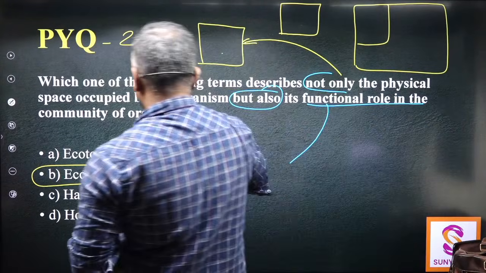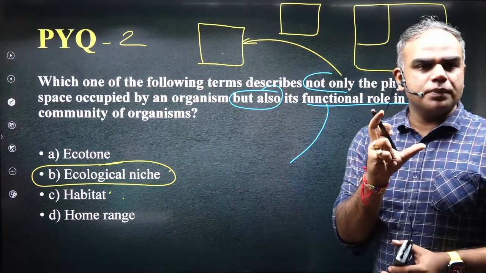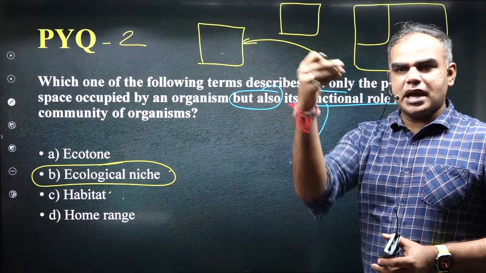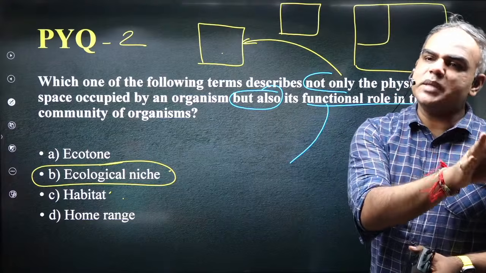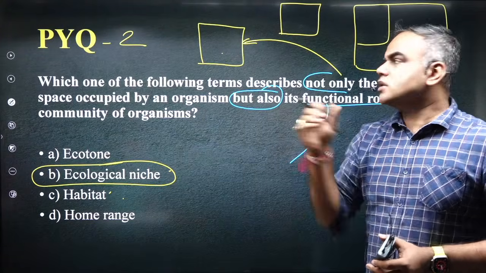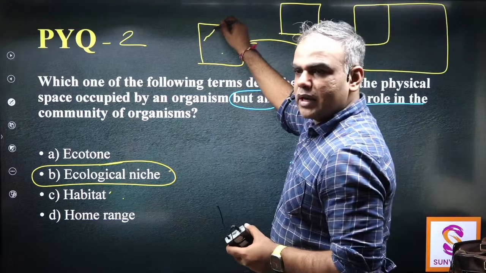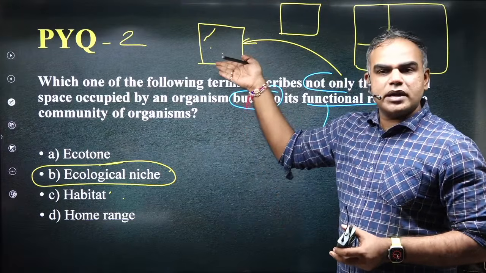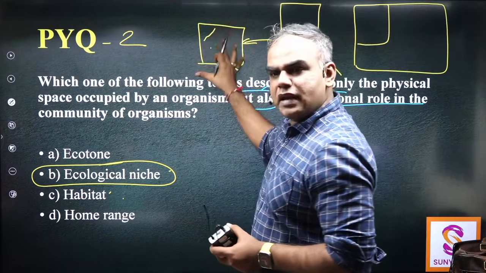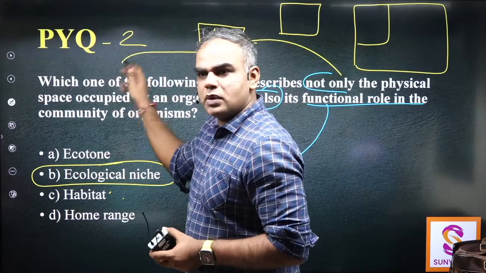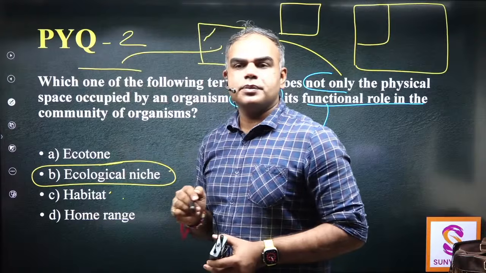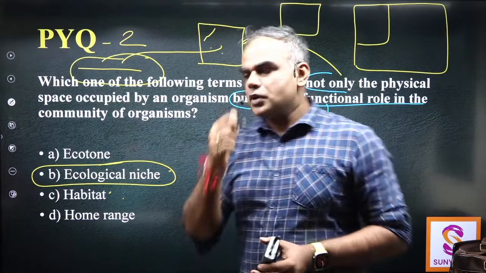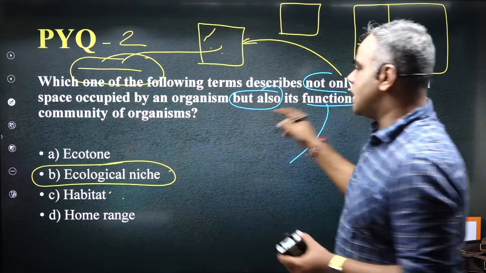So here, in the conventional sense, think about it: I have a separate room for sleeping. In the space I have a room, but for studies and work I go to a different space. That is also generally seen, because if the tiger is living in this area only, it will not happen that the deer also comes here to sleep, because the deer ultimately will get killed only. Yes, which is why the lion will leave its habitat, will go out in the morning, will hunt the deers. So where the main physical functional role is, that is different. Yes, so the most appropriate answer in this question has to be ecological niche.